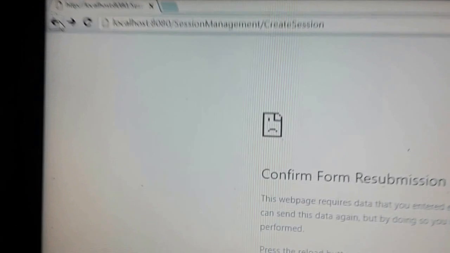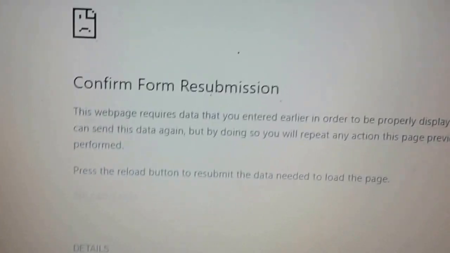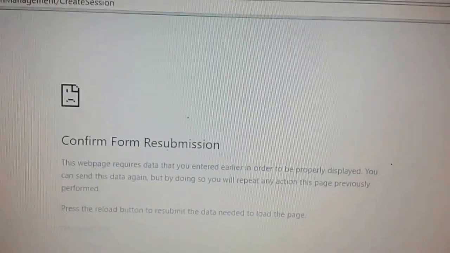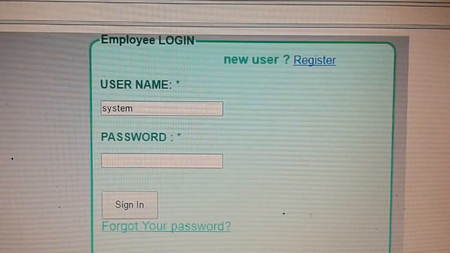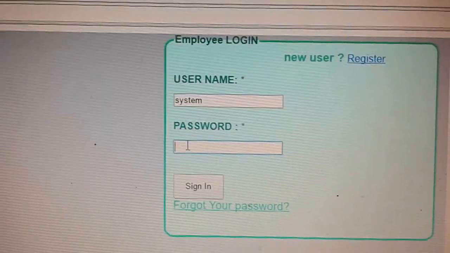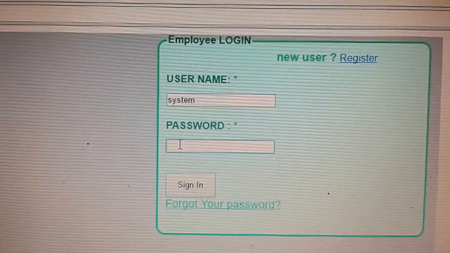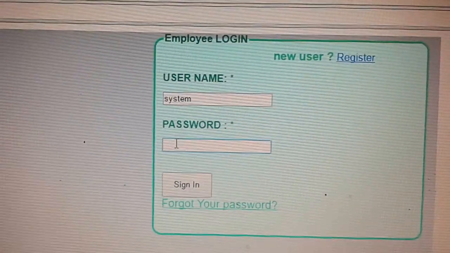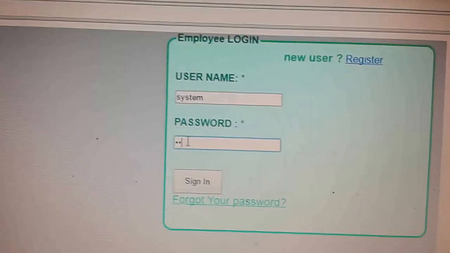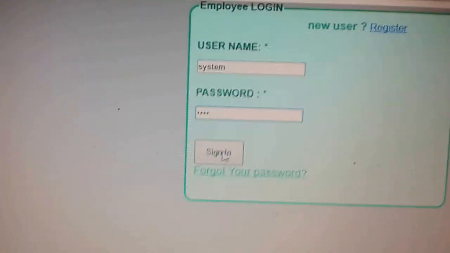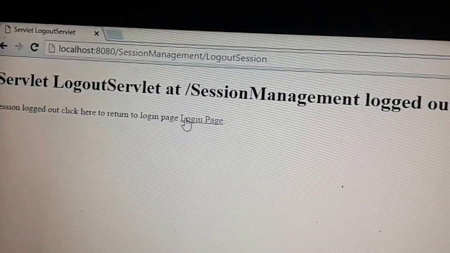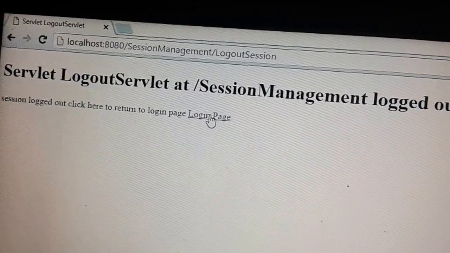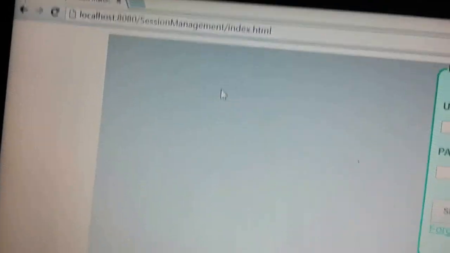Once you click on that, it will show you that you have to once again submit the form because the session was not established. We had already logged out, so that's why there is no session available. And if he again clicks on back, he will again get to the login page screen. One more thing, the last part that I'm going to tell you: we'll again do the login. The ID is system and the password is root, and we are again signing in with the same login. I did the login again, and I'm doing the logout. So again it came to the logout, and after logout, if I click on the login page, it will redirect me to the login page.